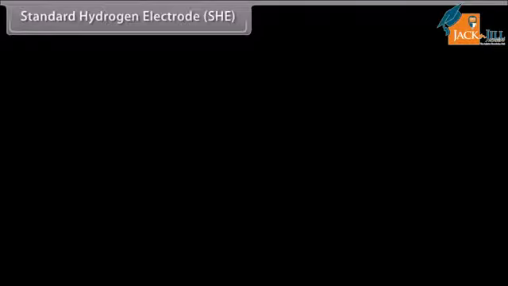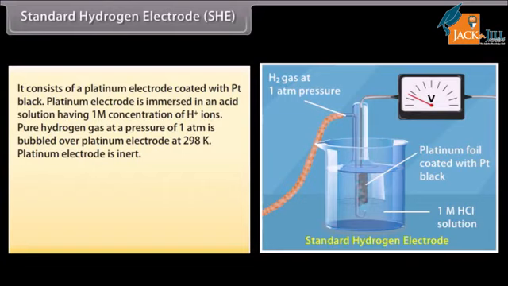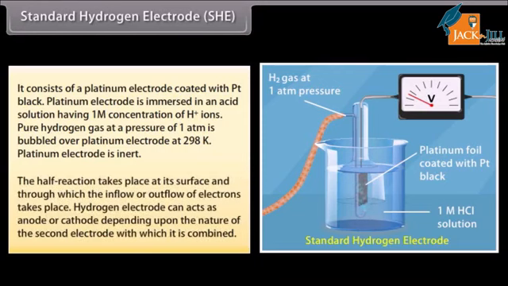Standard hydrogen electrode, or SHE. It consists of a platinum electrode with platinum black. The platinum electrode is immersed in an acid solution having 1 M concentration of hydrogen ion. Pure hydrogen gas at a pressure of 1 atm is bubbled over the platinum electrode at 298 Kelvin. The platinum electrode is inert. The half reaction takes place at its surface and through it the inflow or outflow of